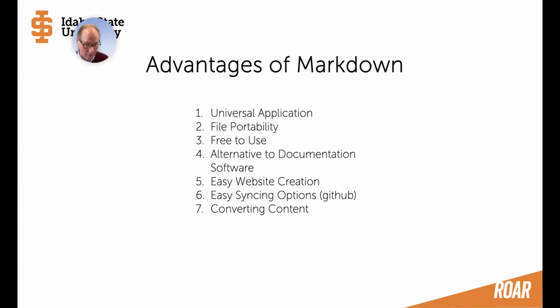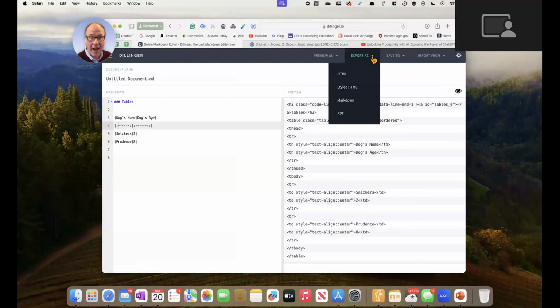Now, some tool recommendations. We've been using Dillinger, which is a free online Markdown program. Let's go back to that just for a second so I can highlight some of the things that you can do with it. So here we are in Dillinger again, which is a free Markdown writing program. From here, we can export as an HTML, styled HTML, or as a Markdown file. Now, we'll go over why you would want a Markdown file, or write straight to a PDF, keeping that rich text look. So there's different ways of actually getting this out once you've finished it in Dillinger.